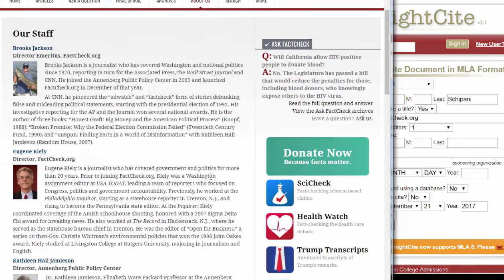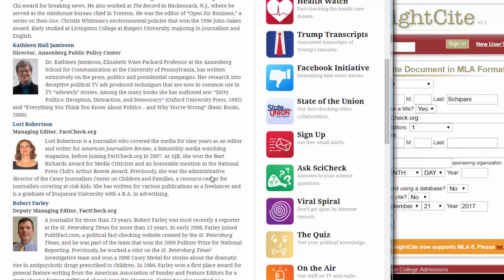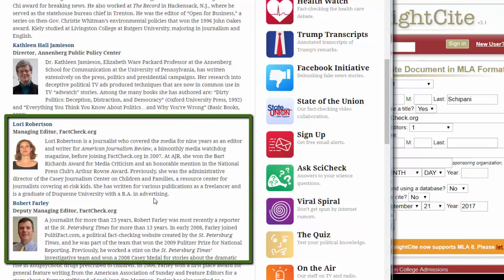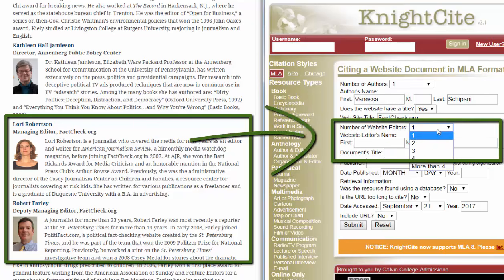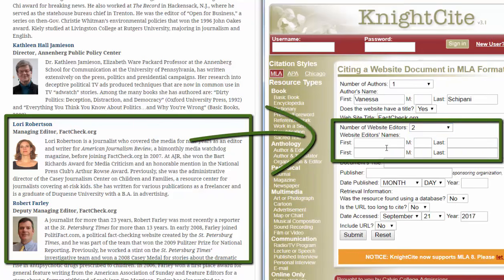So it has directors, but those aren't really editors. And then here's a managing editor, deputy managing editor. So let's put both their names in. But again, if you can't find an editor, you can leave this blank. So there's two editors, so I'm going to choose two. And we have